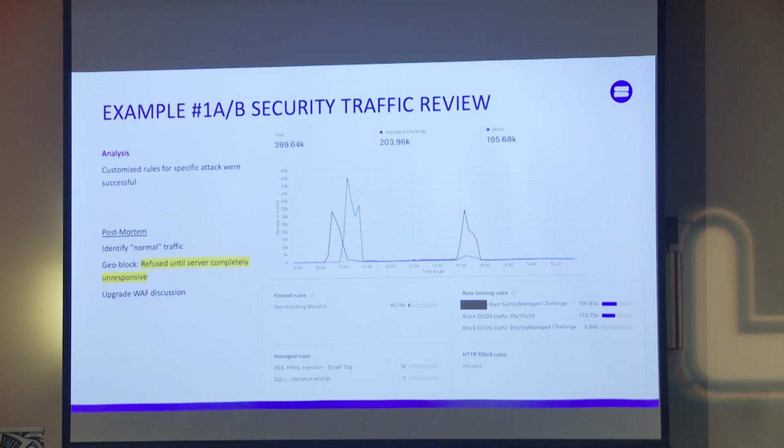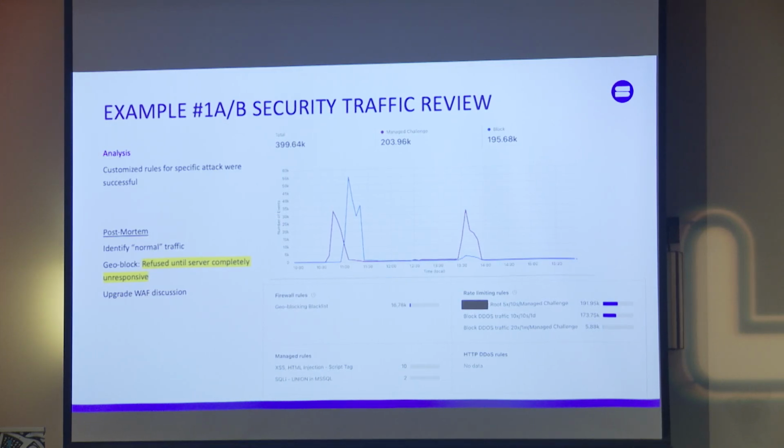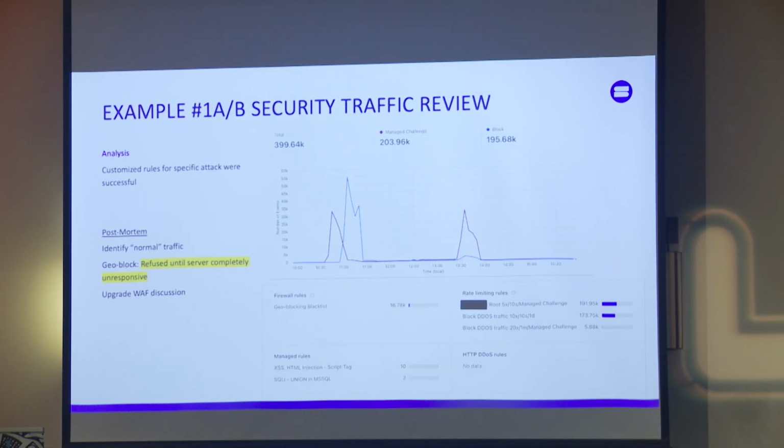So in the analysis of these security events, not just the traffic, but what was caught on security events, you could see this is what the attack wave looked like, right? You could see they had a lot of managed challenges, which is where you say, hey, are you a bot or are you a person? Sometimes the WAF providers can provide a button to say, are you human? Sometimes they'll throw some long mathematical equation that, unless you're an MIT grad, you're not gonna solve in 3 seconds. And they'll identify you as a bot that way. There's a lot of telemetry and a lot of things that are known.